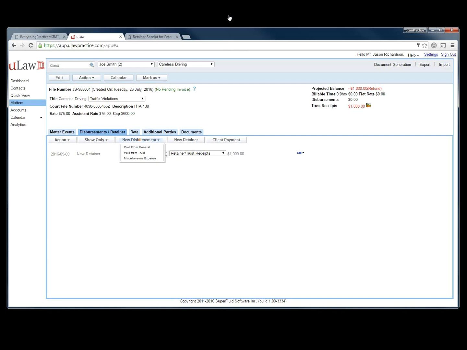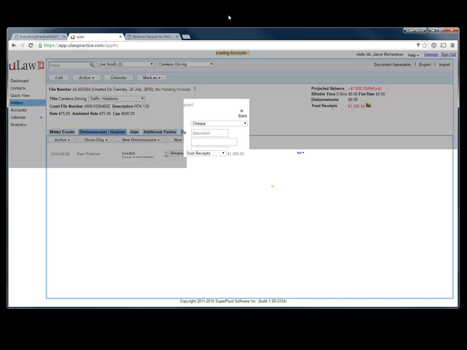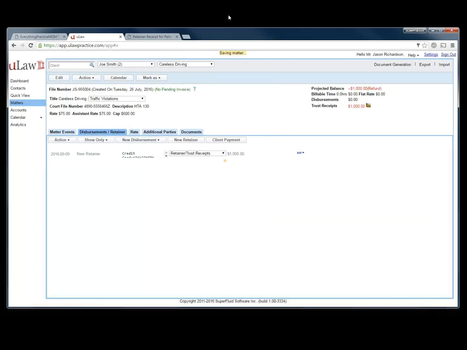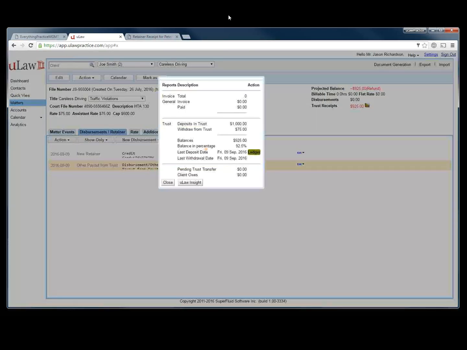When you pay disbursement from trust, clearly you're paying from the receipt amount. So you can just say, hey, the $75 was a trust check that I made to pay for court fee, and it was to Brampton Courthouse, right? Now, clearly, the money left the trust account, and you see here now the trust receipts has gone down by that amount. So if I hit the question mark, it clearly tells me, hey, $1,000 came in, and